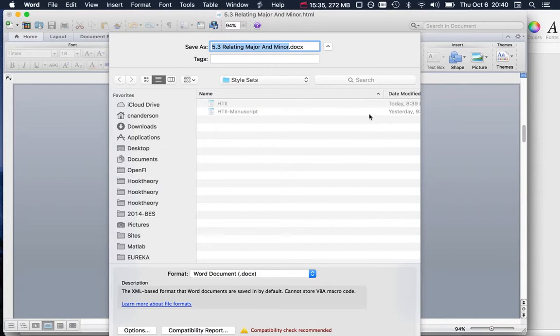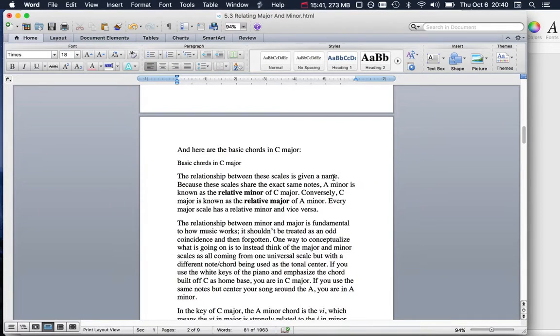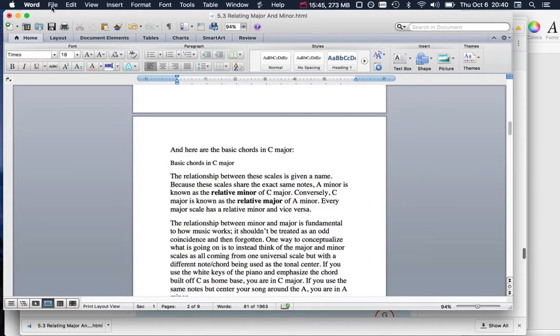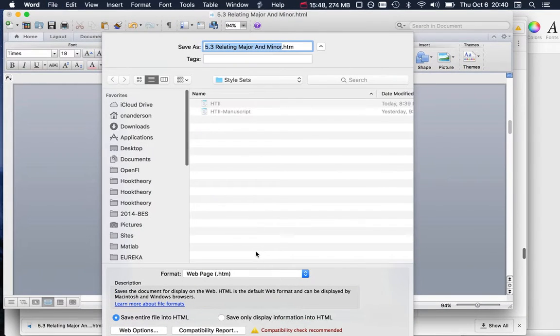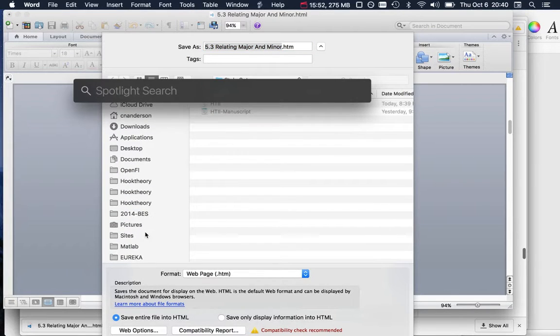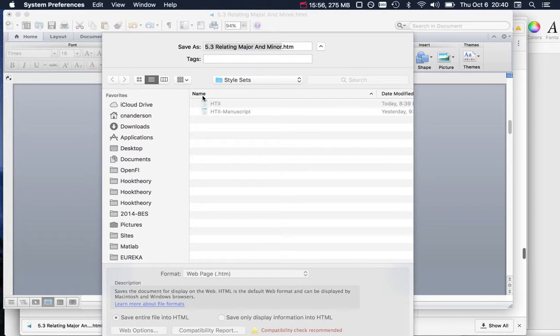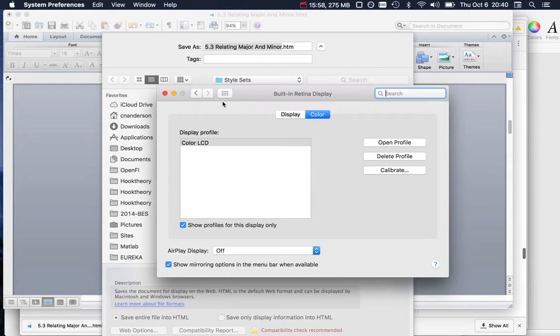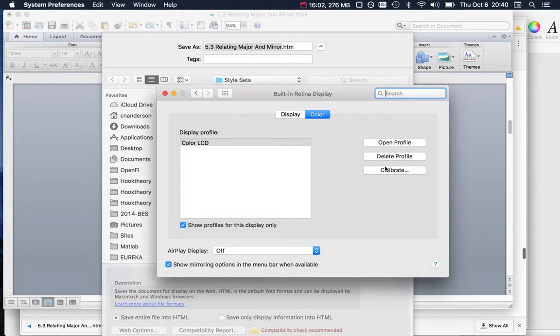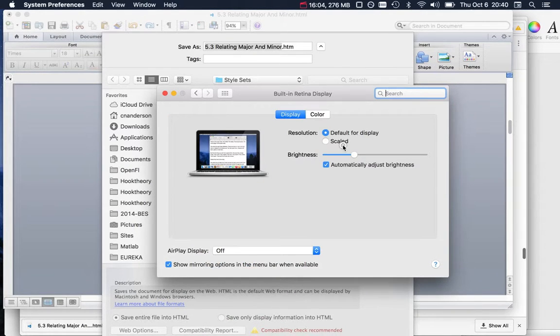And what the heck? Why won't it let me? Where's the button for save? Let's see, save as. Wow. It's like this thing is too big. Let me change my display resolution. Maybe that'll help. I've never had that happen before. Okay, display, scaled,